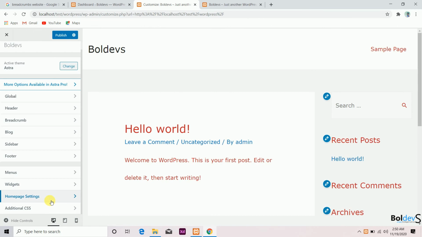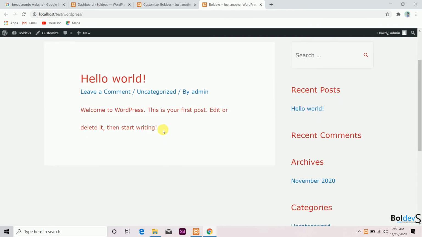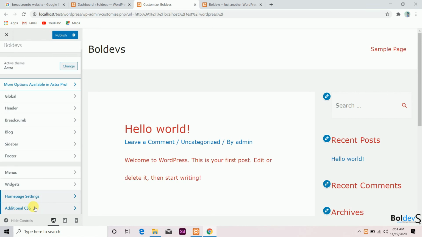So guys, the next option is home page settings. If I select home page settings, there will be two options: a static page or latest posts. Here you can see your home page displays. Currently it is set to your latest posts. It means that the homepage will display the latest post. This is the general post that comes with WordPress, hello world. So if I select a static page, then it will ask us to select a page to set as a home page. Here we didn't make any pages, so it is not displaying anything. We can make any new page, and we can even set that page as the home page. Okay, so the top one, home page, is for a basic home page, and then below, post page is for a blog section. Okay, so the final setting is additional CSS.